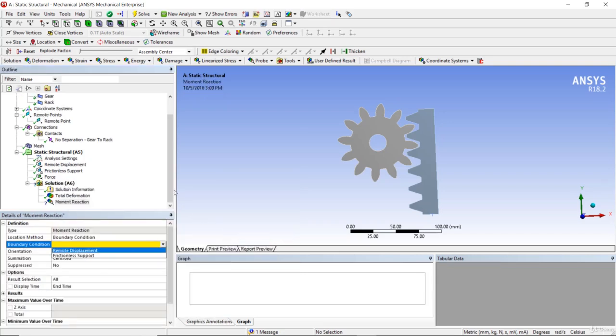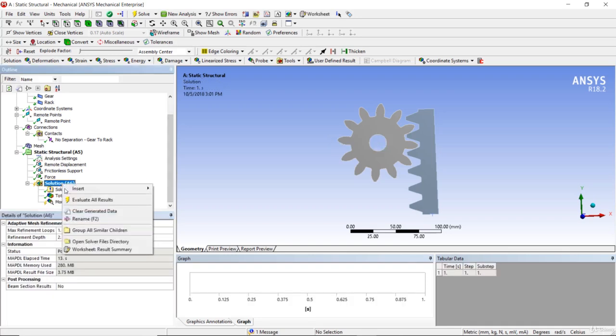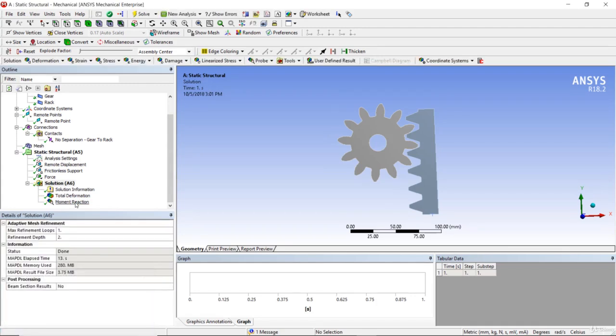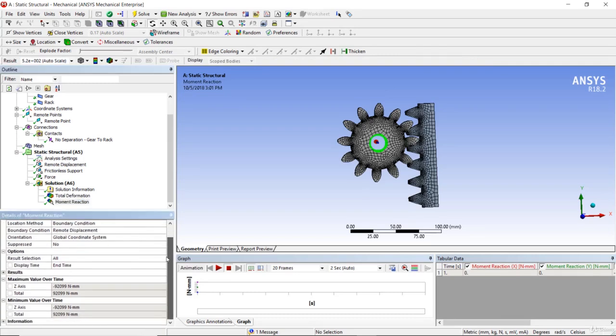Once we have selected the moment reaction, we need to specify at which boundary condition we want this moment to be calculated. This is the boundary condition where we want the moment to be calculated. That is why I am going to select this particular support, which is nothing but the remote displacement support. Once I am satisfied with that, I am going to right click and say evaluate all results. Then if I click on this moment reaction and scroll down in the details window, you can clearly see the value of the moment is